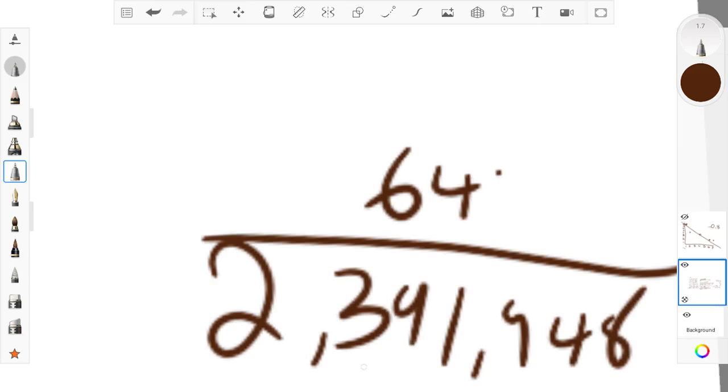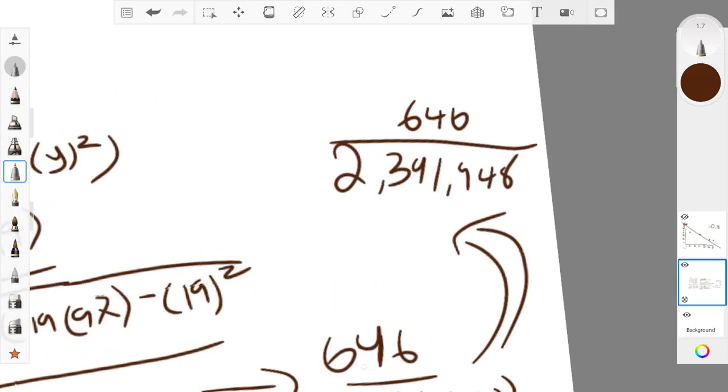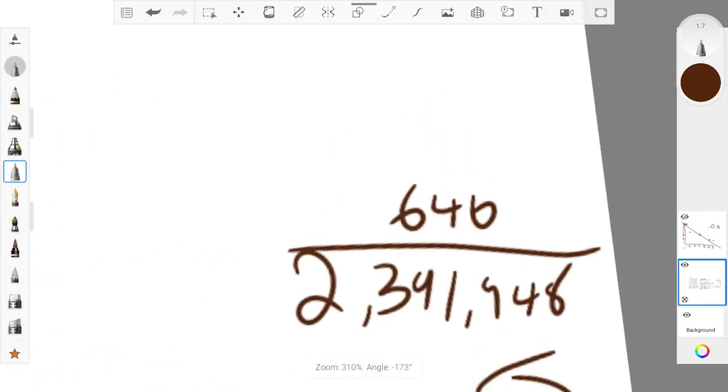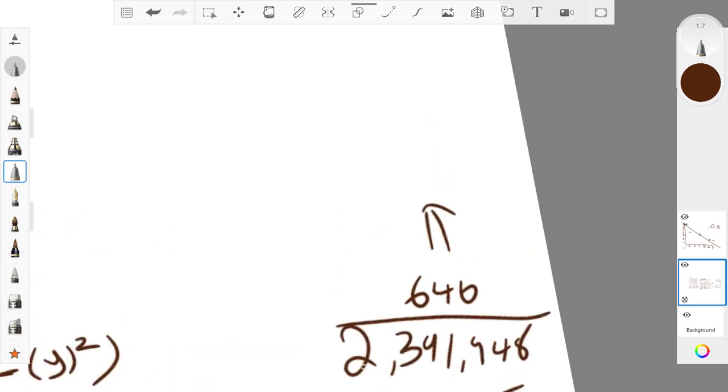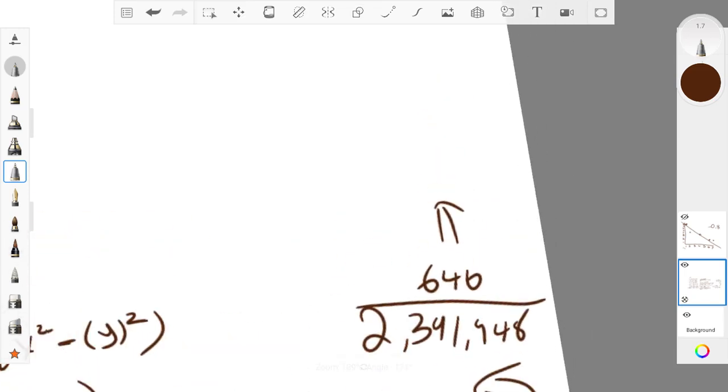Definitely in your homework, the numbers I'm using are not balanced. I'm just making them up, so they're not going to be this large, mind you. This is just me throwing numbers on a board. Okay, one last time. 646 divided by 2,391,948